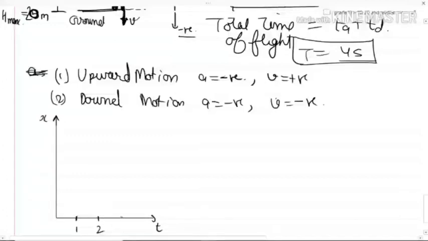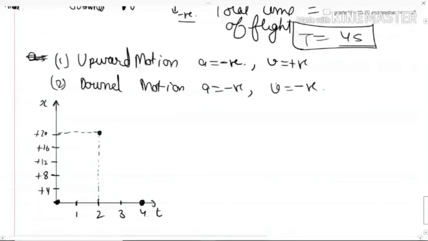1, 2, 3 and 4. Let's say this is plus 4. Let's say this is 8, 12, 16 and 20. So can you see, guys, in 2 seconds it reached the maximum height, right? It reached over here. From here it reached over here, and in the next 4 seconds it came back over here, right? So basically now you know where exactly it will start and where exactly it will fall.